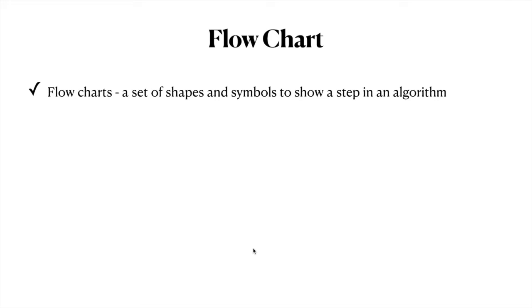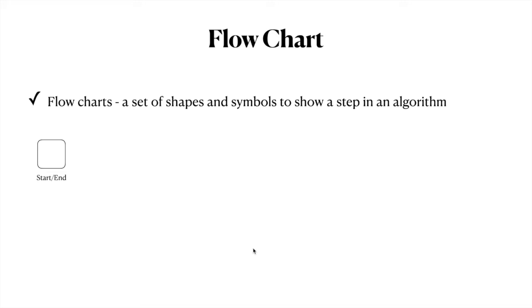a tool designed by using a set of shapes and symbols to show a step in an algorithm. And these shapes and symbols are agreed upon symbols, whereby each symbol has a specific meaning. There are lots of symbols, but we will see the commonest types of symbols. For example, this round corner rectangle is a symbol used to indicate the start or the end of an algorithm,